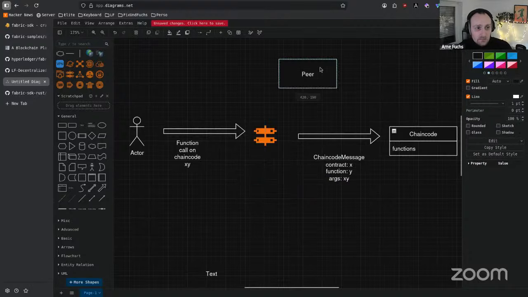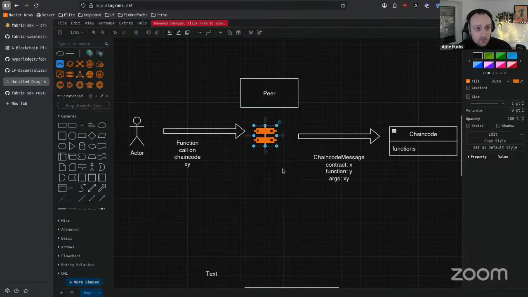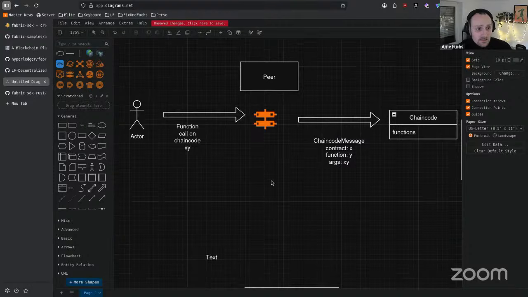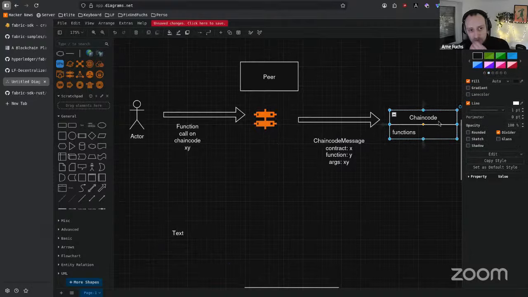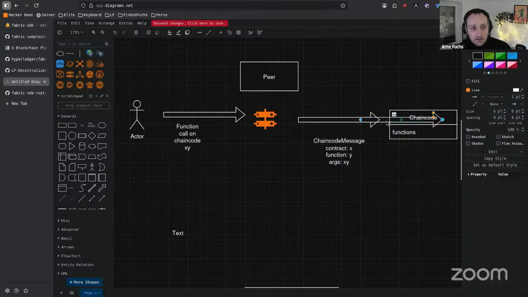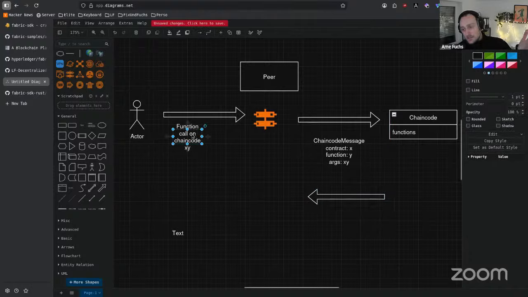And then the peer, of course, still has its connection to the chaincode. So if a chaincode is requesting some state, because, for example, if this calls to